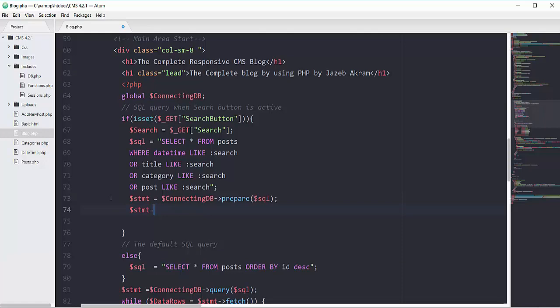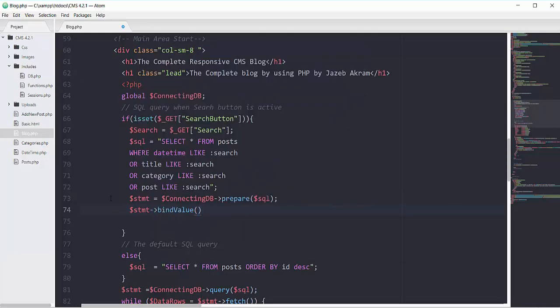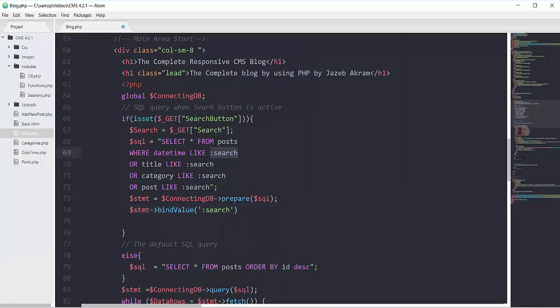So bindValue. In the first parameter, writing this named parameter of search, same like this. And in the second argument we have to pass this search variable, this input field. So passing it here.